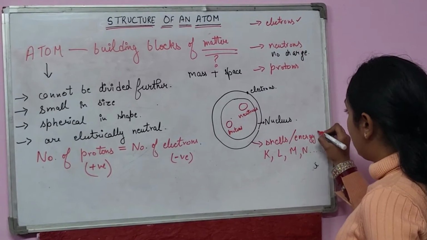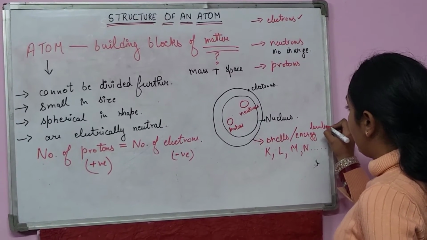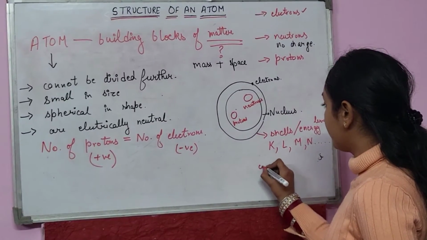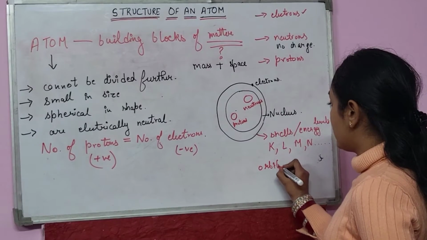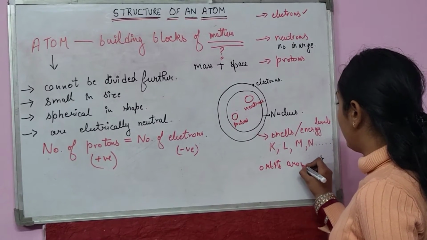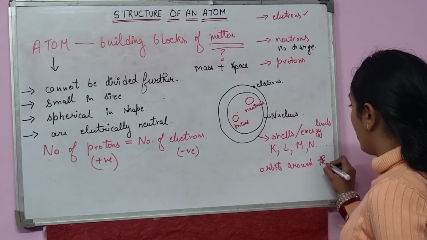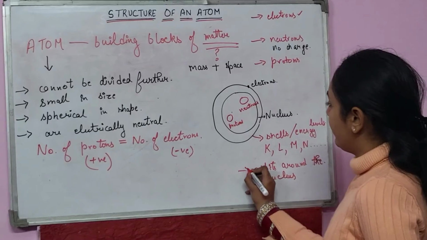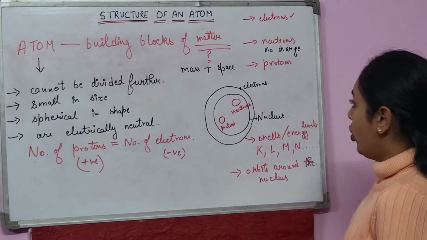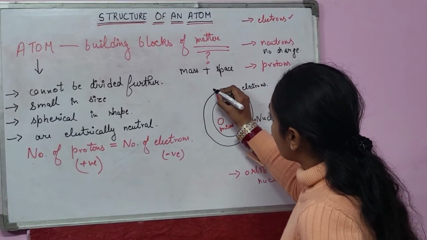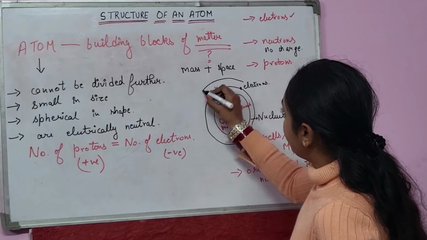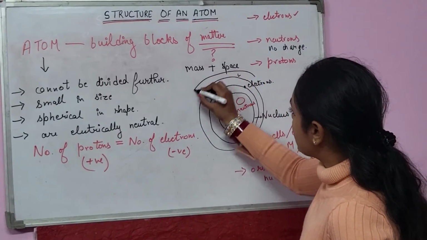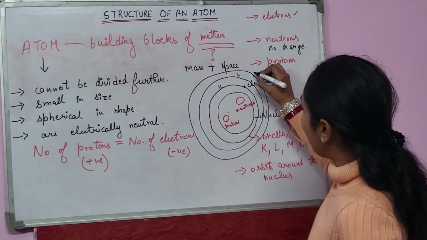They have one more name: orbits around the nucleus. Now we can say this is the K shell, this is the L shell, this is the M shell,